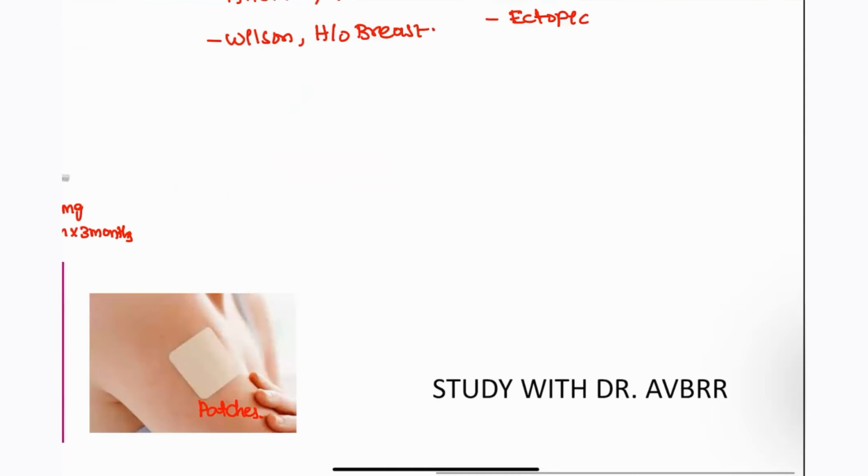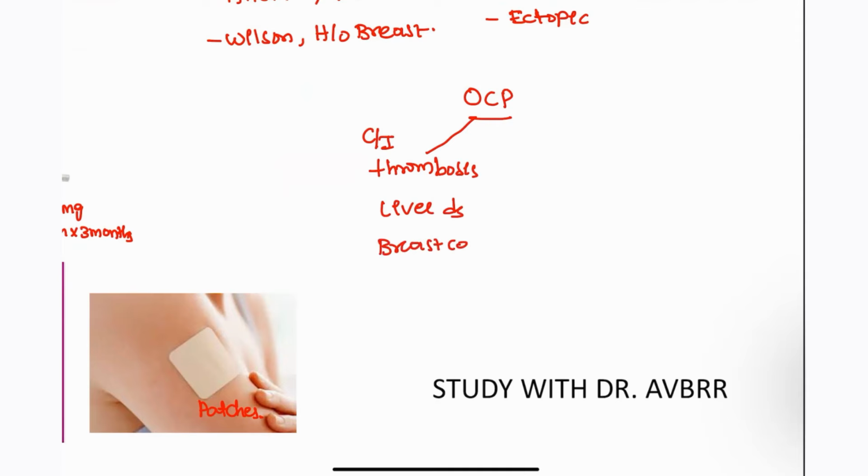Next, OCP contraindications. Absolute OCP contraindications will be thrombosis, patients suffering from severe liver disease, and breast cancer. The patient suffering from breast cancer, lipid disorder,